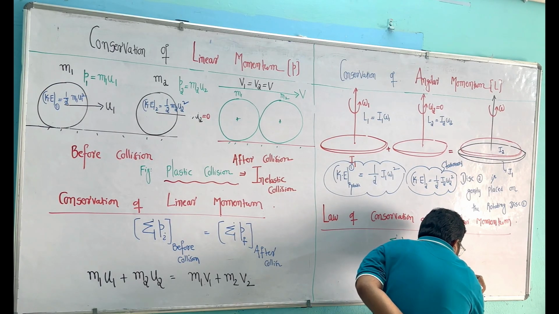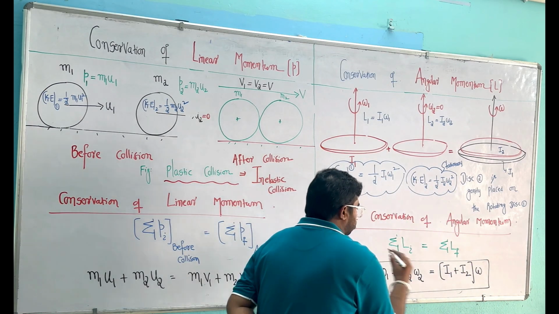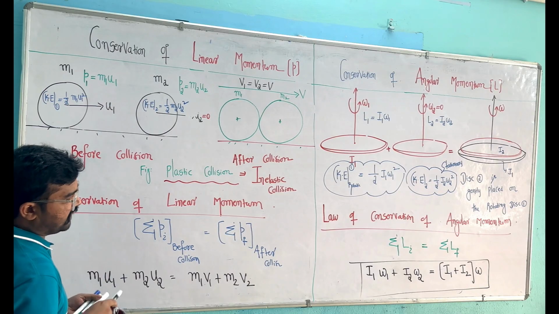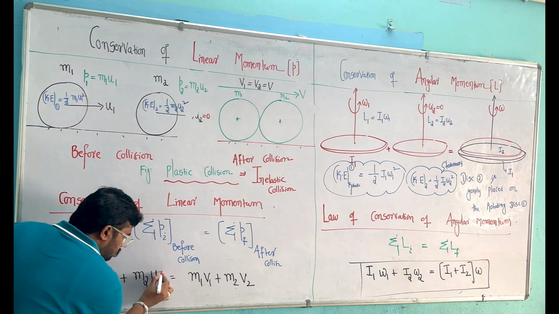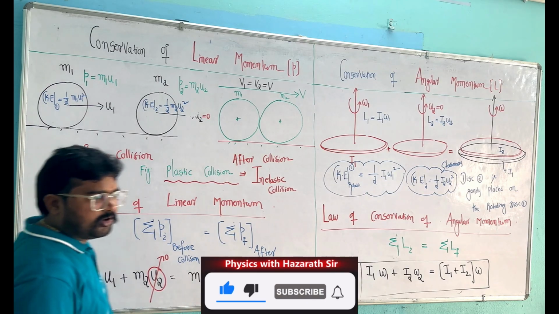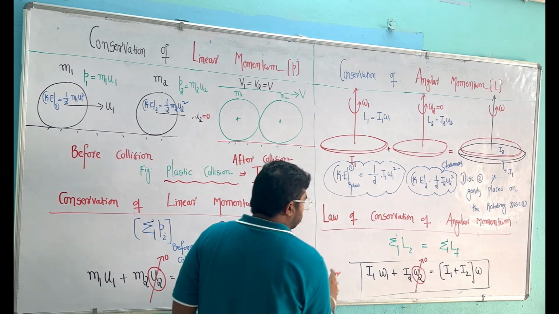I1 plus I2 into how much? Omega. This is the law of conservation of angular momentum. Now we can confidently say that U2 is assumed to be 0. Omega 2 is assumed to be 0. Then omega can be written as